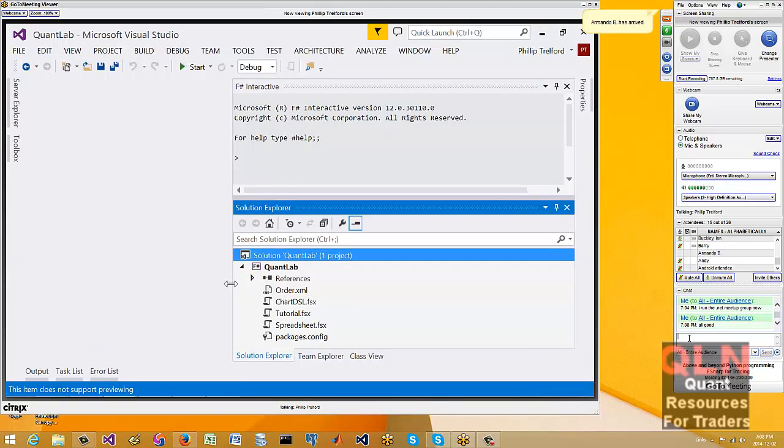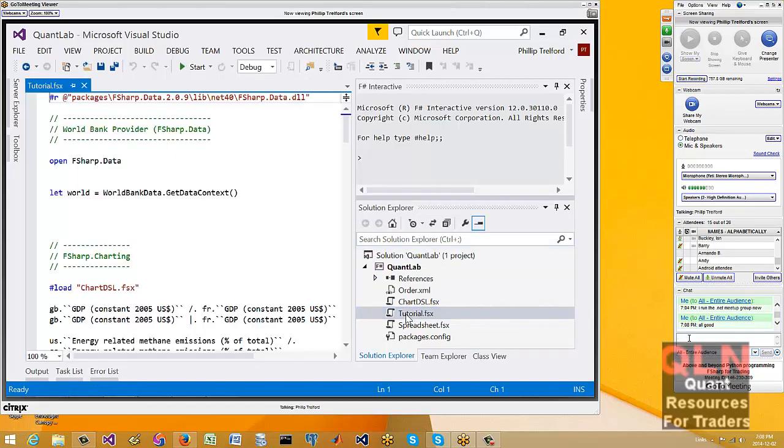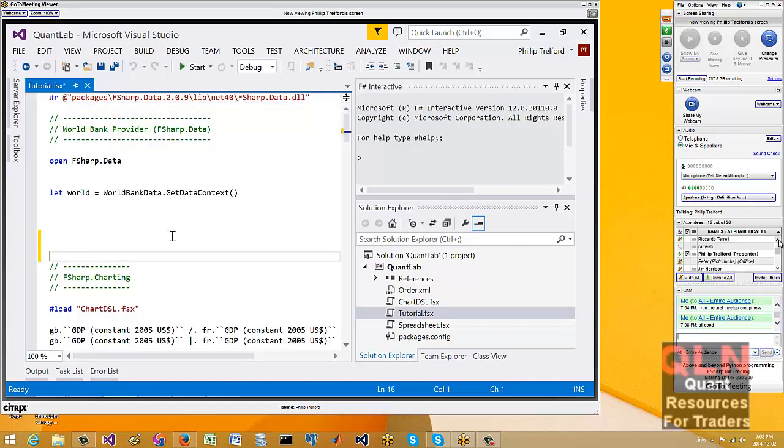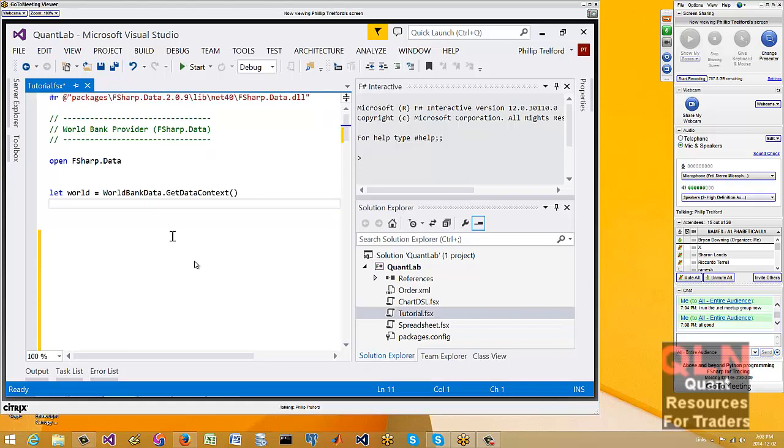To show you a demo, here is just a tiny script file I've put together, and I've pulled down a package called FSLab, and that's pretty much it. Now what I want to show you first is something called F# type providers. Type providers basically put the world at your fingertips, access to all sorts of data, whether it be from files, databases, web, or even other languages. They're just there.